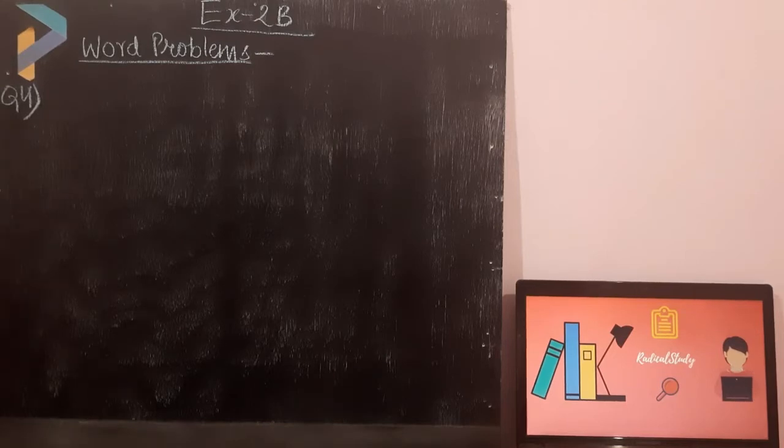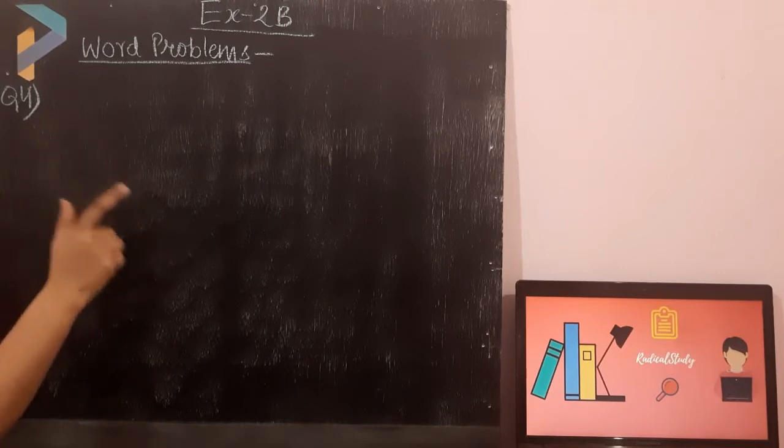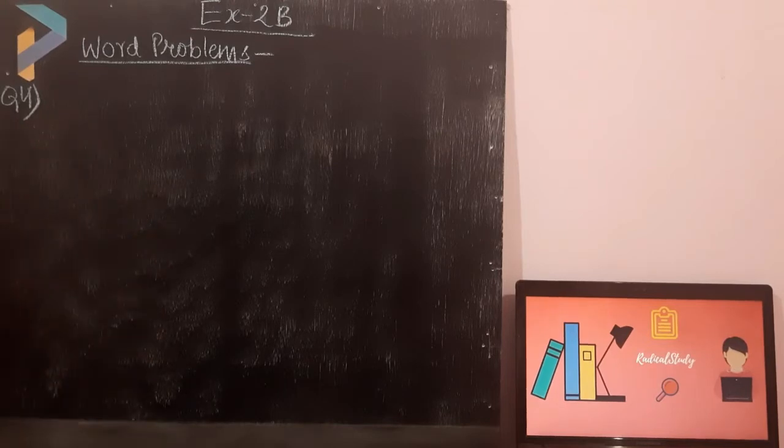Firstly, I want to clear the doubt of some students about what they have to do in the classwork copy and what they have to do in the homework copy. As I told you, whatever I explain in the video, if I am explaining any property, then you have to write it in the classwork copy, and the questions which I am sending you by an image are your homework, and you have to do them in your homework copy. For today, the classwork will be the questions which I will solve in the video, and the homework will be the questions on which I put a tick mark and send the image to you.